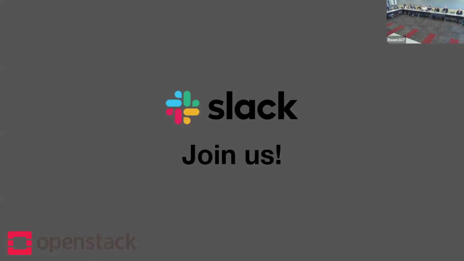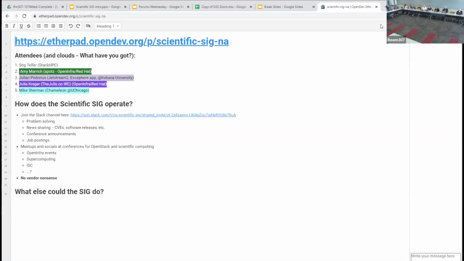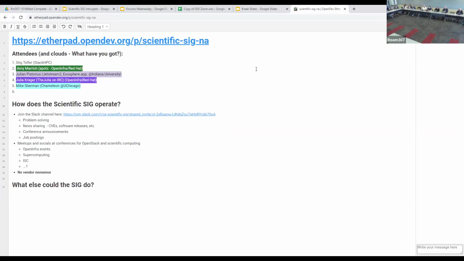So on that, I'll cut over there. There is an Etherpad, which I will just open here, and there's a nice big fat link at the top there. If you would like to join the discussion, it's quite helpful to put your name in the Etherpad and maybe a little bit about where you come from and what you're doing.